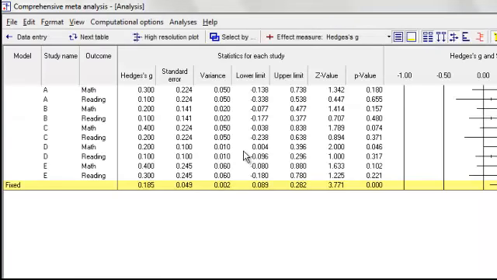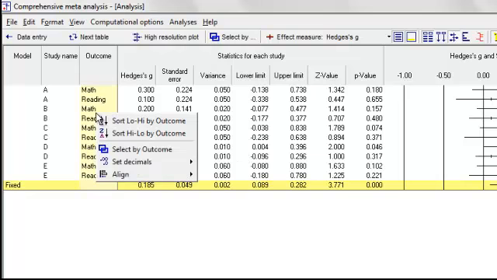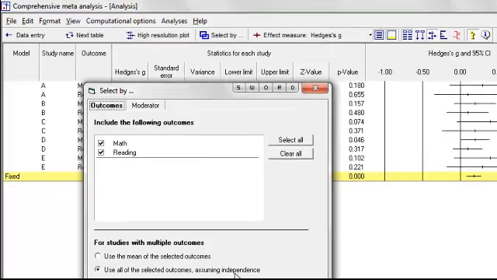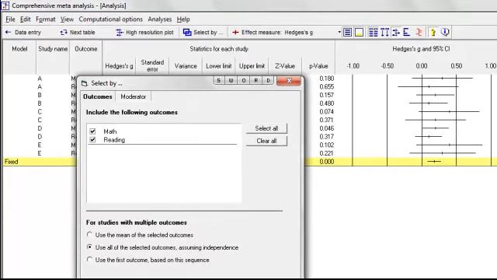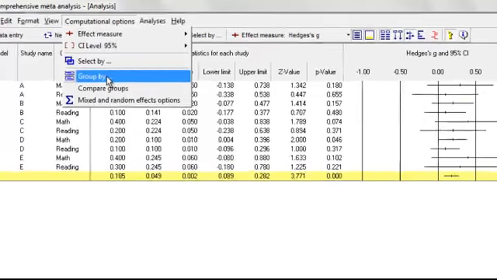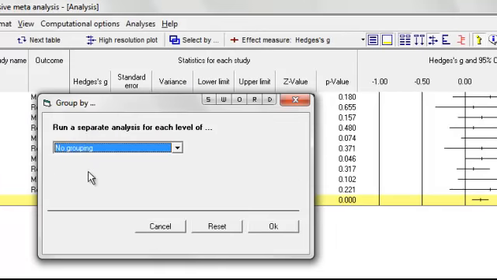Obviously we can't do this if we are combining them into a single score. We need to click over here, select by outcome, and we're going to say use all of the outcomes, or in this case we're going to use math and reading, and treat them as though they're independent. So what we get is a row for each one of them. Then we say group by. We're going to group by outcome,